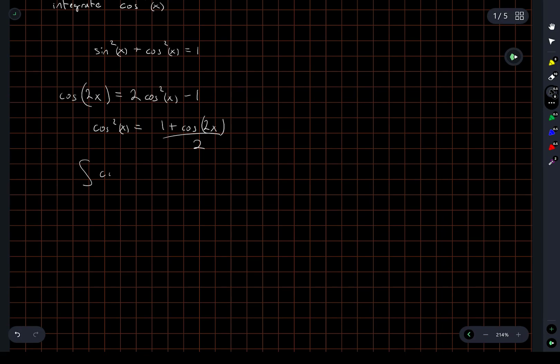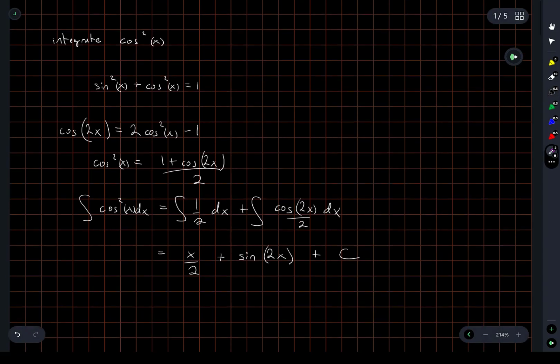Okay, so the integral of cosine squared x dx, this is the integral of 1 over 2 dx plus the integral of cosine 2x over 2 dx. So we have x over 2 plus sine 2x plus our constant of integration. Okay. Yeah, so